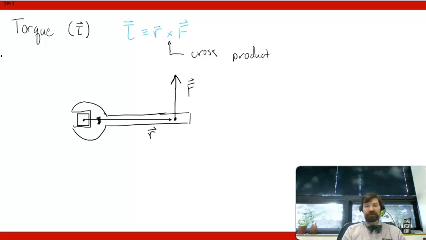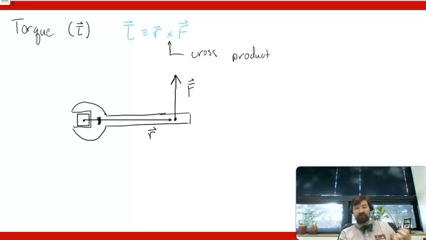Note that if I grab the end of the wrench like this, the r vector is much longer than if I grab near the head. And if I get rid of the wrench entirely and just try to loosen with my fingers, I have a much lower r vector still. The r vector will be very small. So what that means is that,